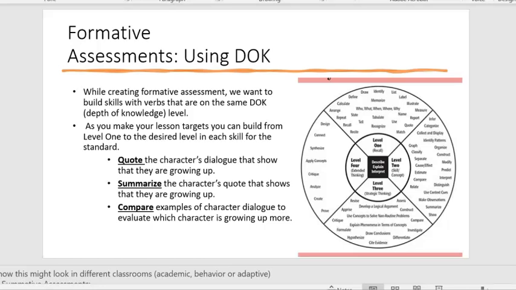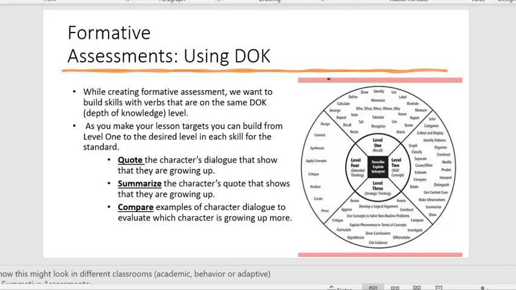Another way that we want to think about and assess formative assessments is using the depth of knowledge levels. So we want to build skills with verbs that are on the same depth of knowledge level that our students are at. And there are 4 depth of knowledge levels. Level 1 is recall. Level 2 is where they're at the skill or concept level. Level 3 is strategic thinking. And then level 4 is extended thinking. So as you make your lesson targets, you can build from level 1 to the desired level in each skill